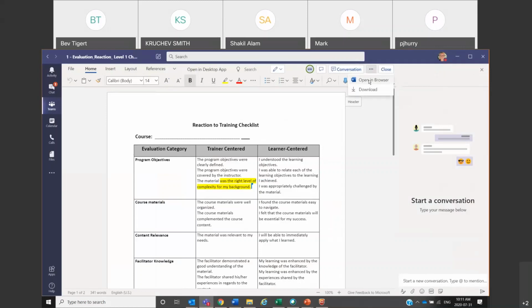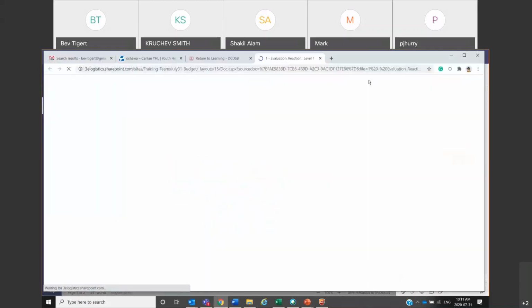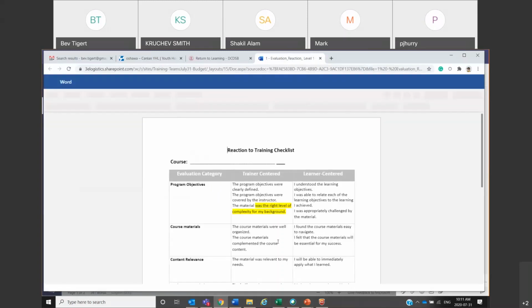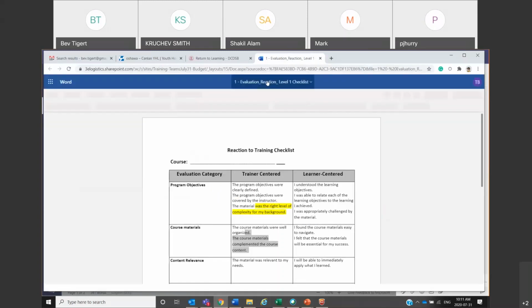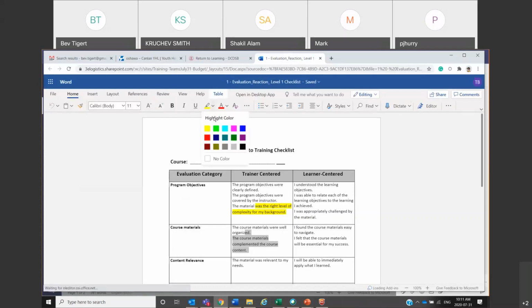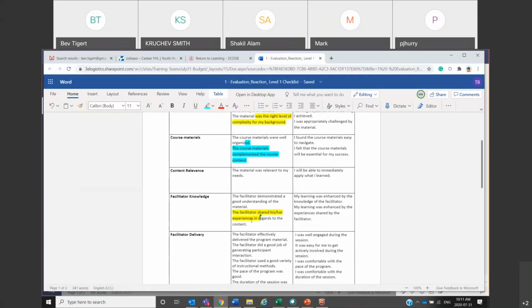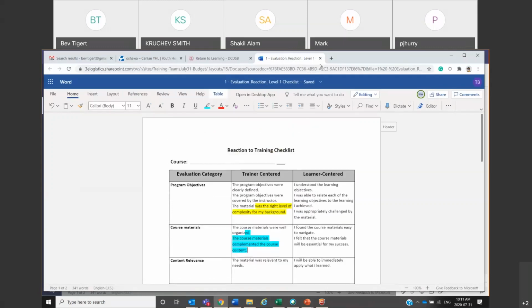You can also see I can open it up in a browser. So now I'm in a browser tab and I'm working on it. Wonder Woman's working on it wherever she's working on it. So I'm making my changes. Wonder Woman's making her changes. She's seeing my changes. I'm going to make more changes over here. And then you're going to see over here in a second. There she is. So she's making changes. So it doesn't matter if I'm in browser or if I'm anywhere, it all syncs. So I'm just going to close that down.